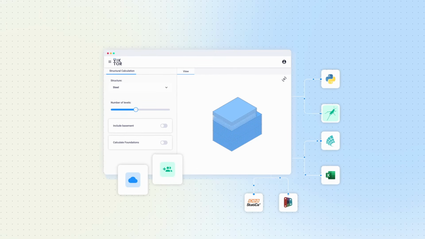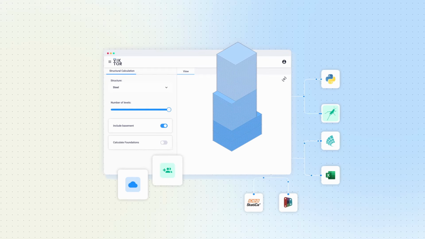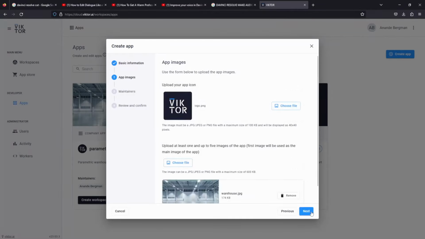In case you're wondering, you don't need to do everything in Python. You can also connect your app with different software packages, and in that way automate a bigger portion of your workflow. We don't have time to discuss this in more detail, but we created another video where we explain this. Publishing apps is super easy. Just follow a few simple steps and your app will be online and ready to share.